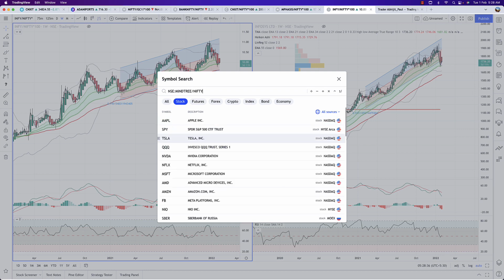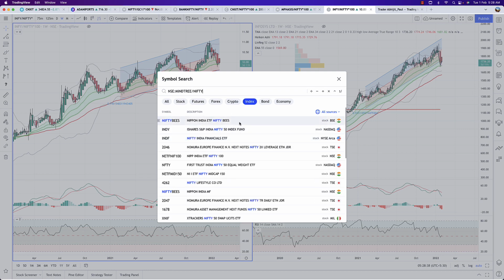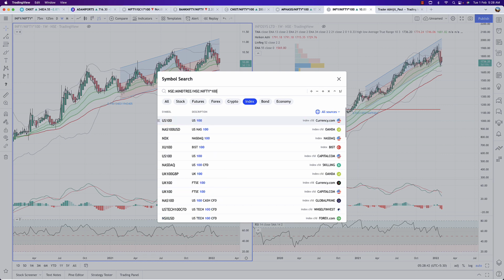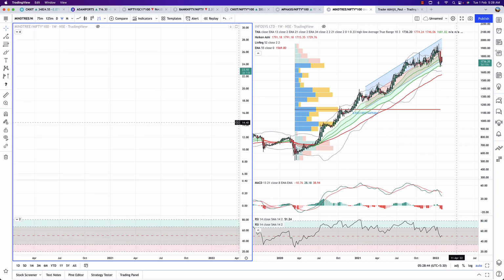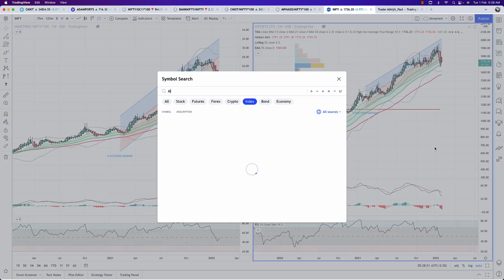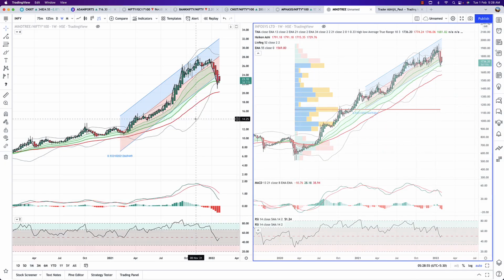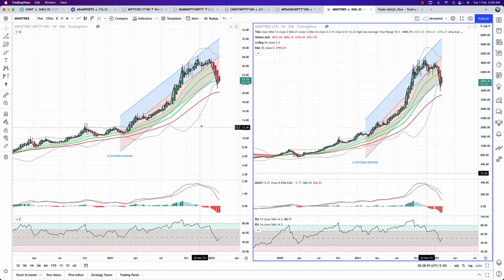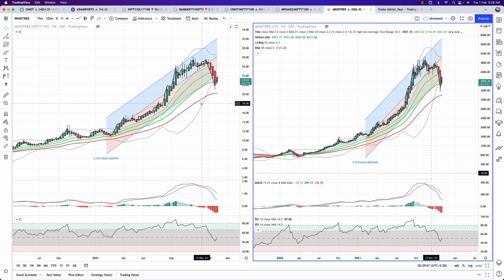So Mindtree divided by Nifty, do that and normalize it. There you go, that's the left hand side chart. On the right hand side, only Mindtree. That is Mindtree, the stock. Fine. So now we know that Mindtree had a great run and has outperformed, and it's coming off. We can see the correction here on Mindtree. This is Mindtree vis-a-vis Nifty.